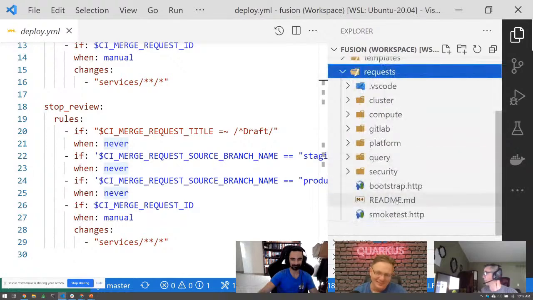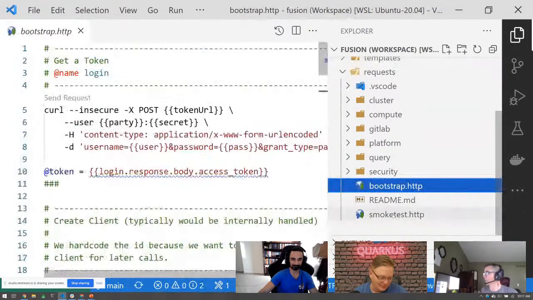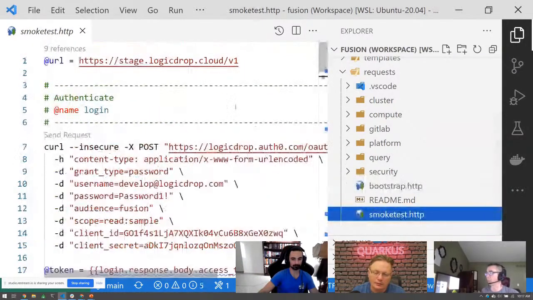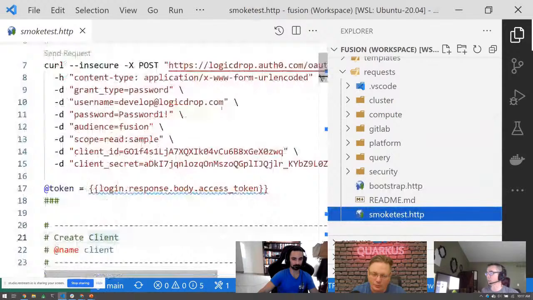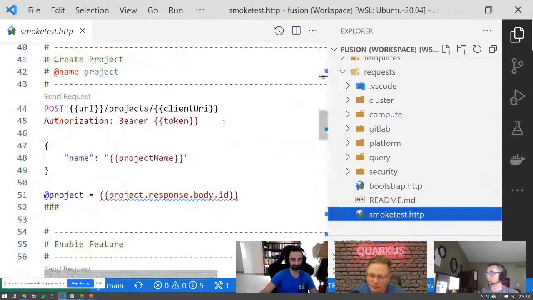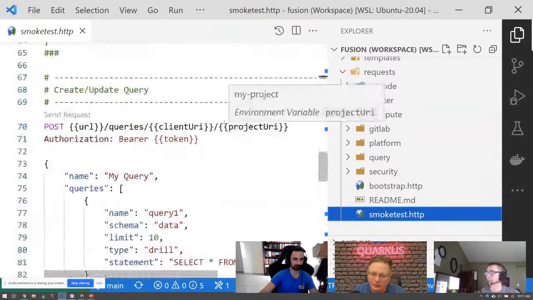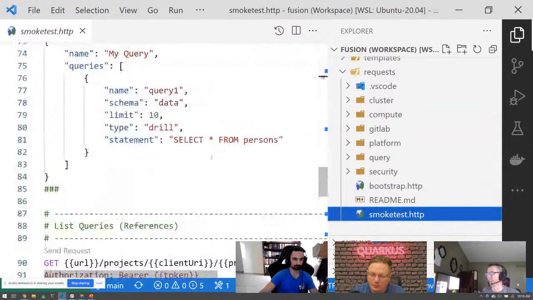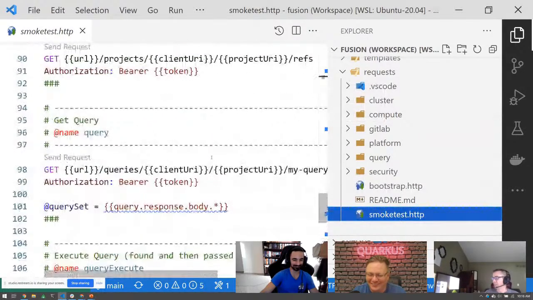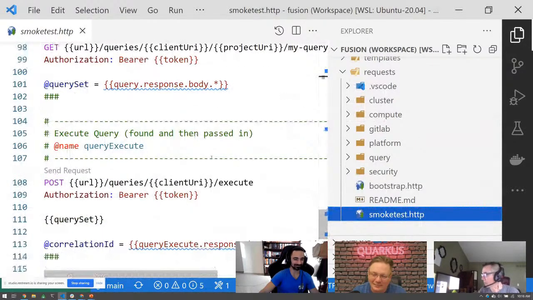Oh, I can even run through, so we even have, this is another nice thing about using VS Code. We got rid of Postman. We got rid of all the database IDEs. We can do most of what we need to do within VS Code. I can even walk through and smoke test the whole site. Oh yeah, and now we're building our own VS Code, of course. Next level stuff. Awesome.